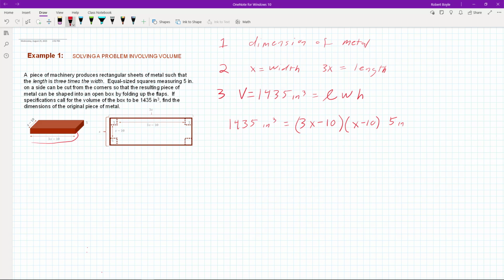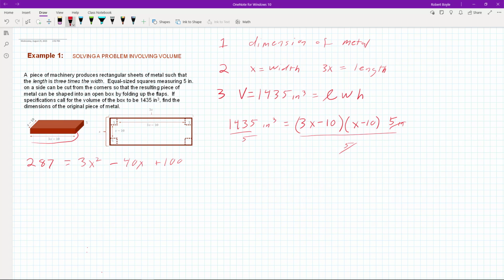Perhaps the first thing we can do is divide everything by 5. You can divide this by 5, this by 5, and these of course will cancel. 1435 divided by 5 is 287, and then we can multiply this out, and if we do, we are going to get 3x squared minus 40x plus 100